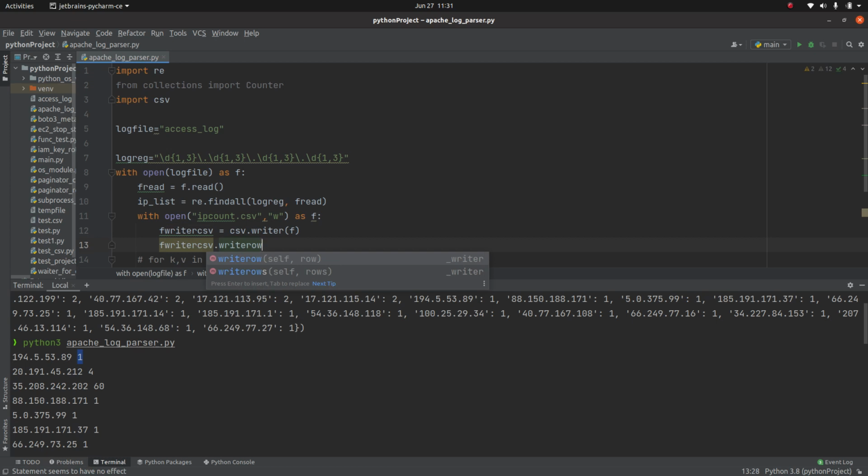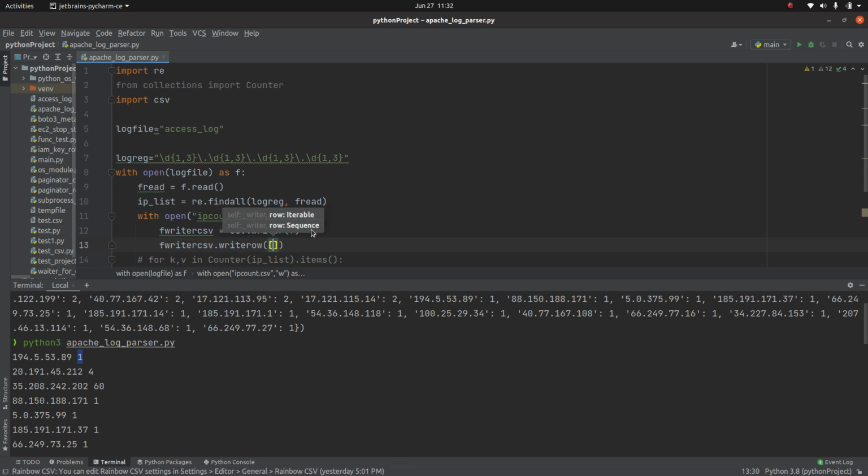The first entry is, we know, the IP address, and the next entry is the count. So we are going to open a file here in write mode because we need to write the entry. We created this, and then we are writing a row which will act as our header.